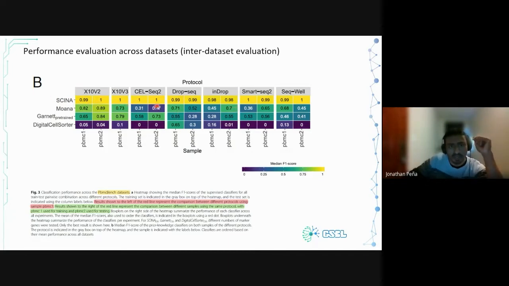They use the same strategy. In this case, they use different protocols and different samples, because they want to know if the performance is,